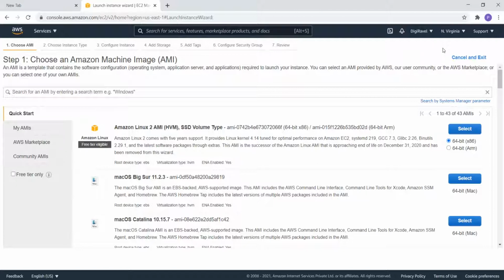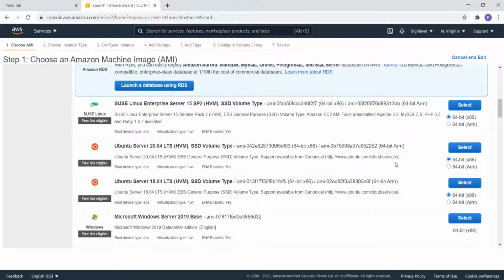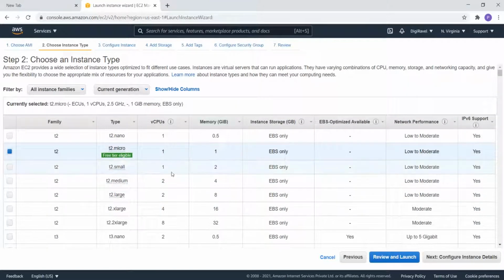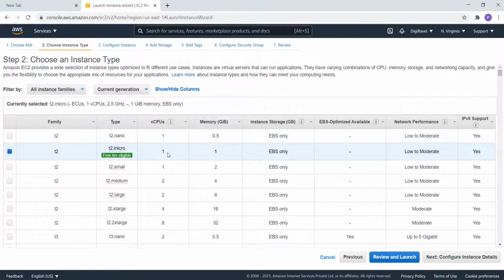Whenever you are creating an instance, just keep in mind that there are some free instances available and some paid instances available. So you need to select what you want. I'll be going with Ubuntu, and this is where you need to select. If you want a free one, you have T2 Micro, which gives one virtual CPU and 1 GB of RAM and your normal regular EBS storage. I'll be going with T2 medium, where I'll be getting 2 virtual CPUs and more memory.